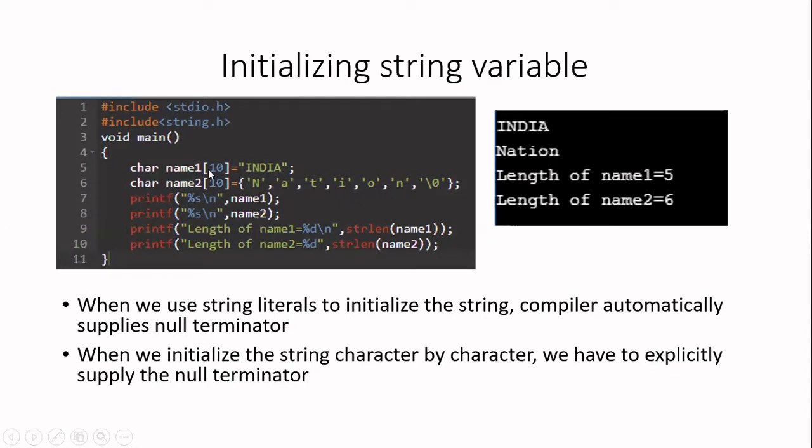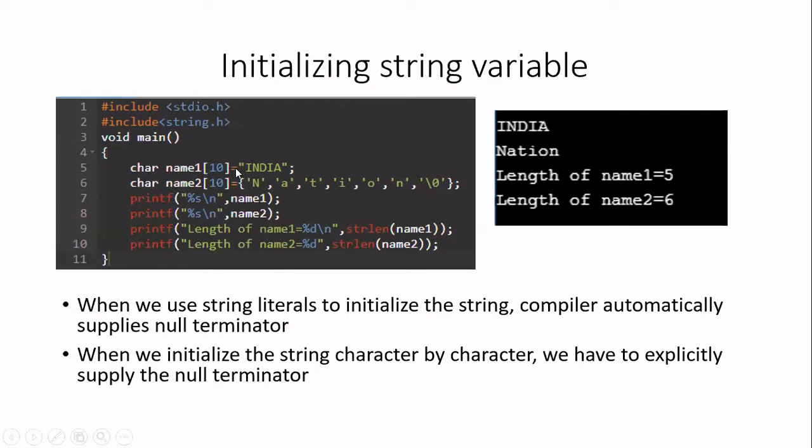So in the first method, I want to store a string. So I am declaring a character variable. It is an array of characters. So char name1[10]. Can anyone tell me how many characters you can store in this string as a maximum? 9. 9 characters only. The reason is the last character is for null. So totally you can store 9 characters from the user.